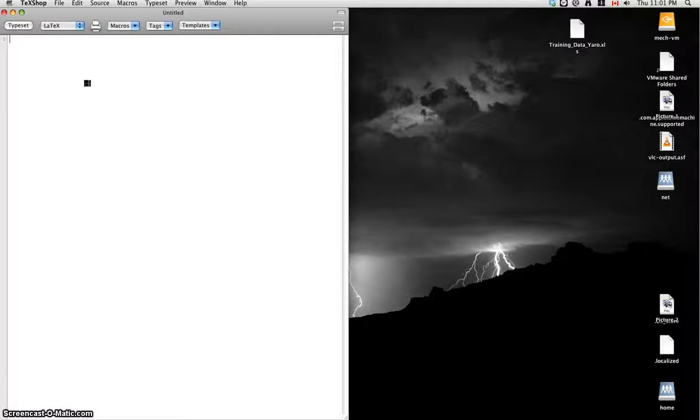Right now it's empty, so you will have to start off with a couple of commands. To produce the simplest document in LaTeX, you need at least 3 commands. The commands are \documentclass, and then in curly brackets you specify what the document class is. In the simplest example here, I will do an article,